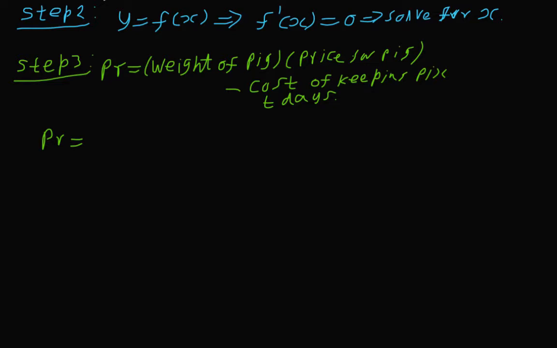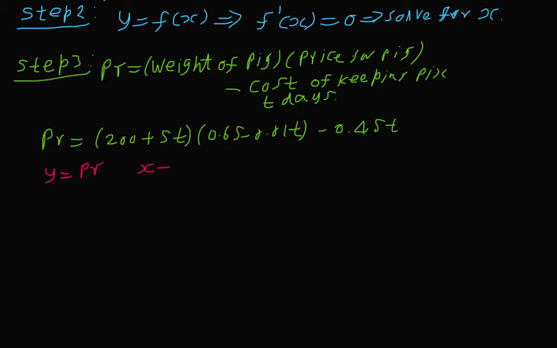So weight of pig we know already, 200 plus 5t. Then price for pig is 0.65 minus 0.01t, minus cost 0.45t. Take y equal profit